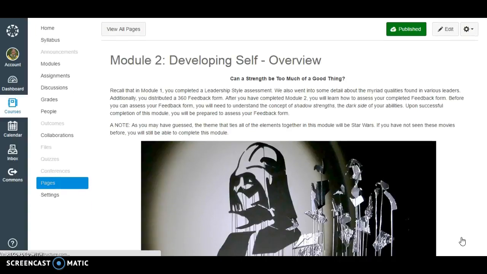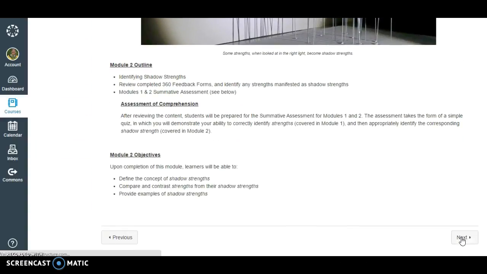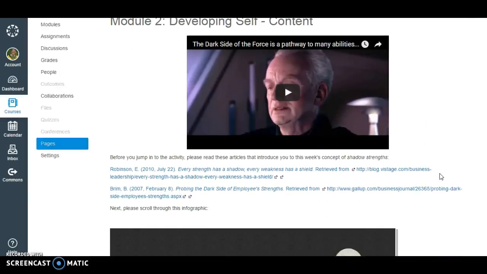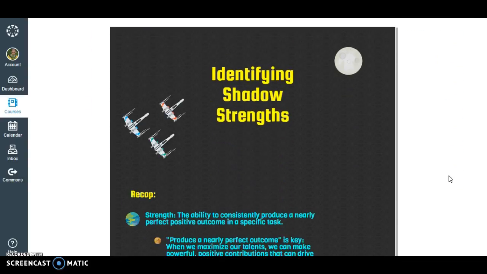So the next module is Star Wars themed. Again, we have all of the same features from the first overview. And next is the content page. I've added a funny little 5-second video, a couple of related articles, and then this term I